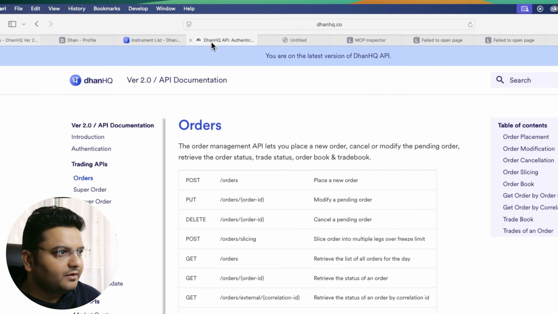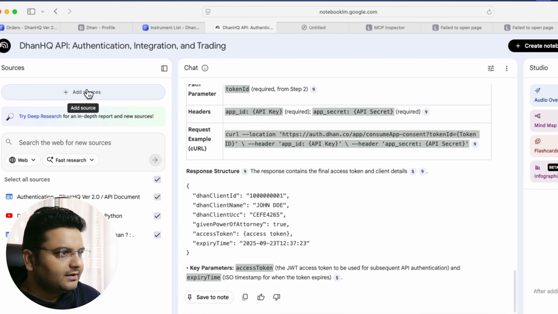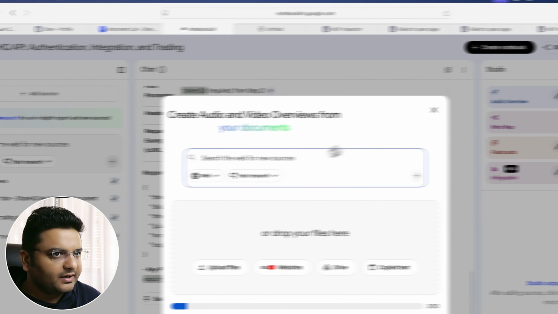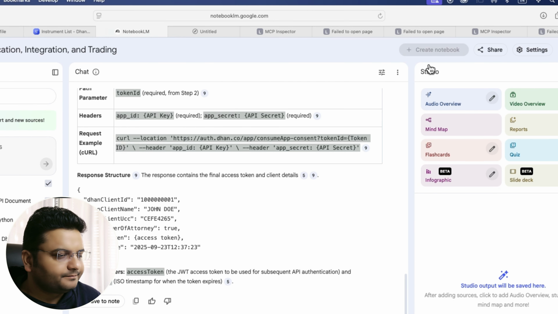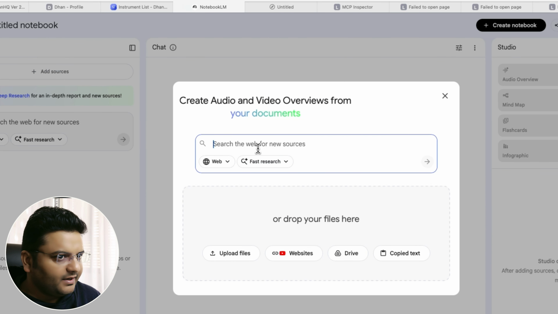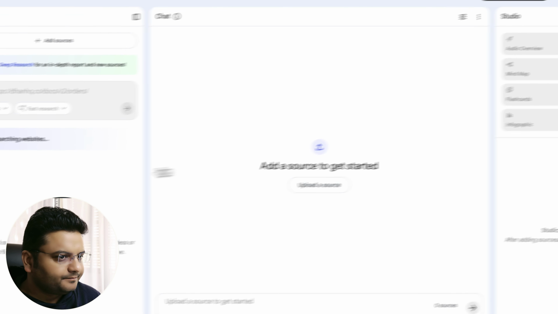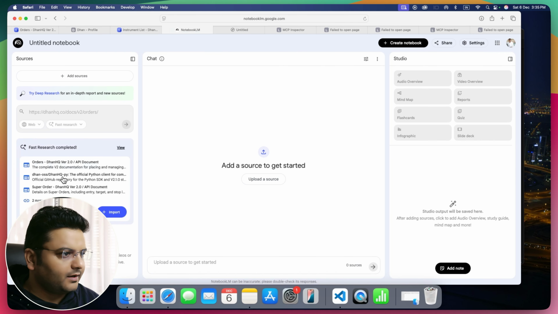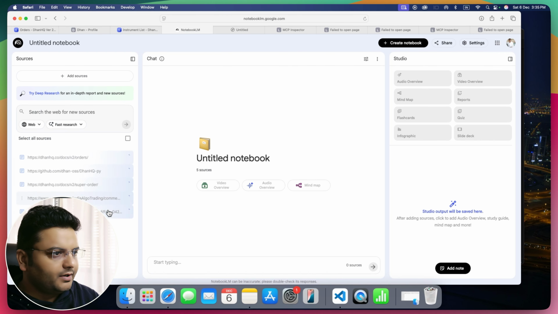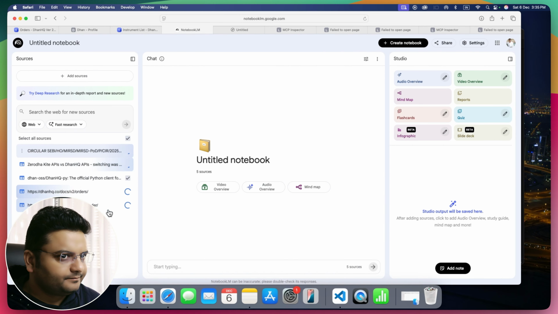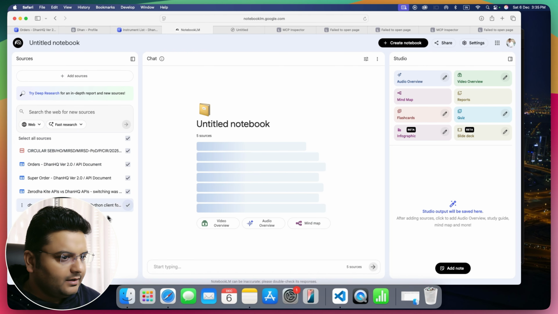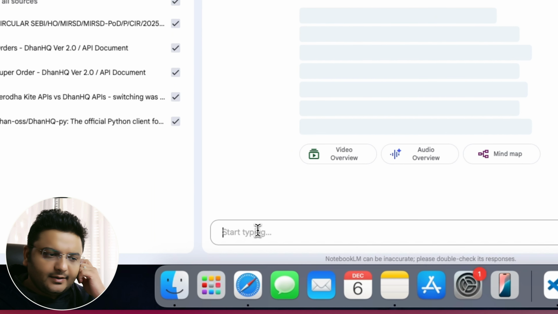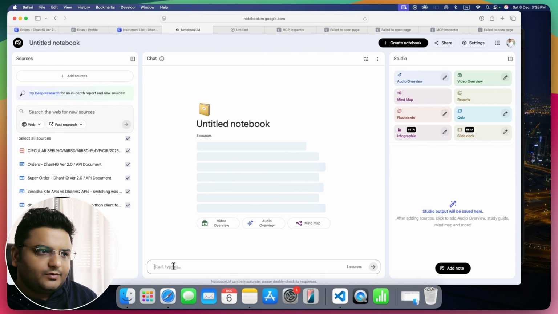Let's head back to NotebookLM and let's add a source, or let me cancel this. Let's create a new notebook. Let me paste that over here. Let's hit enter. Let it do its job here. Okay. Let's hit import to all of this. And now let's ask it to